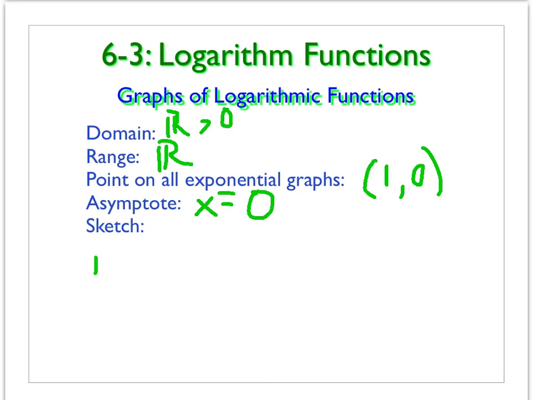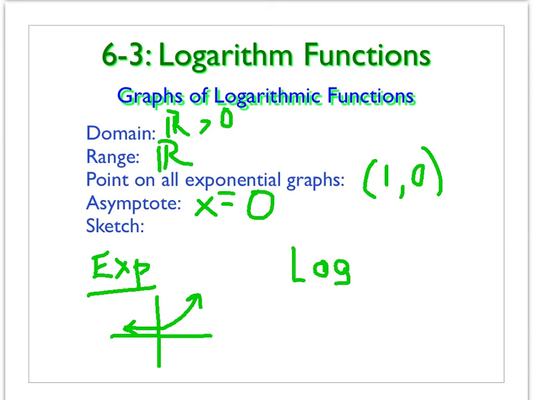And if our exponential graph for exponential growth looked like this, then our logarithmic graph is going to be just the opposite of that. Okay, so now our asymptote, instead of being the x-axis, is now the y-axis. It's going to look something like this. Okay? Or you could be coming across this way